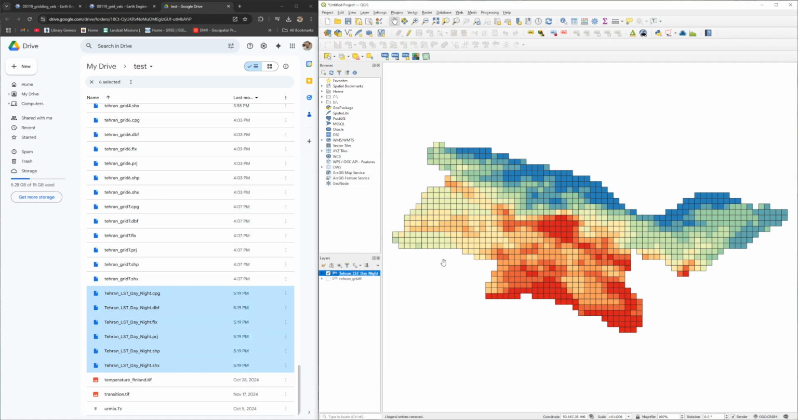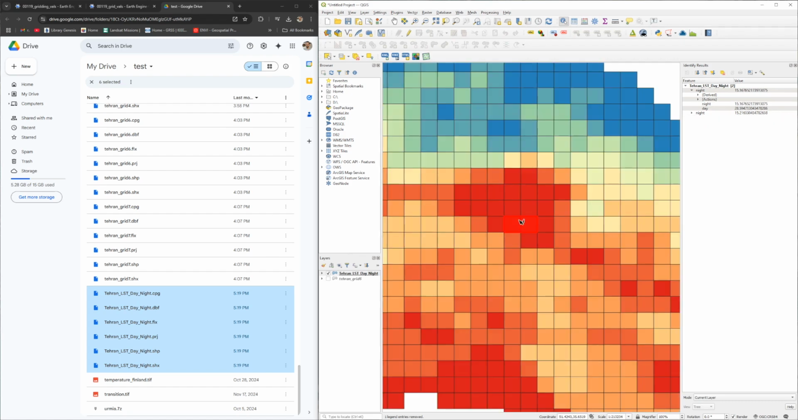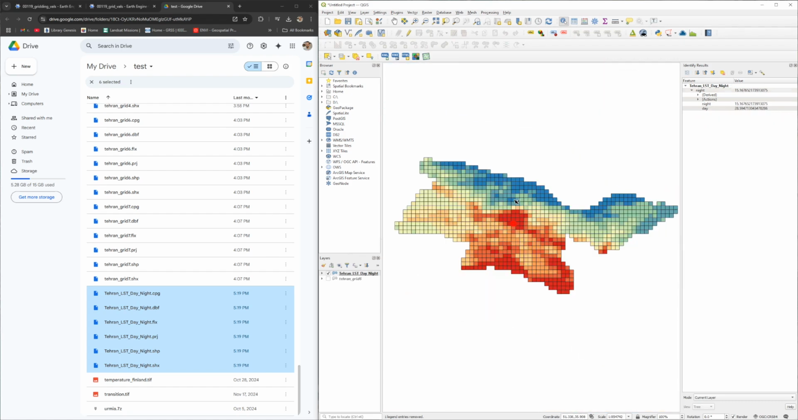This is based on night temperature. This is same as the previous example. As you can see here, we have LSD night data that shows the temperature variation for each pixel. Through the identify tool, if you select a pixel, you can see the temperature for day and temperature for night, just like that. Such kind of output is very essential for further spatial clustering, hotspot analysis, and other spatial